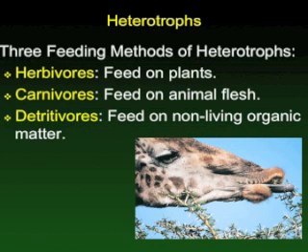Now we move into an area that might be a little bit more familiar territory for you. We're talking about the heterotrophs. And here we encounter the different feeding levels. We have herbivores, and they feed on herbs or plants, and carnivores. If any of you know Spanish, carne is the word for meat, and so carnivores is derived from that, and it's those animals that feed on animal flesh.